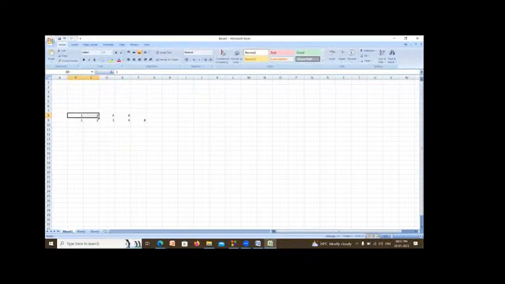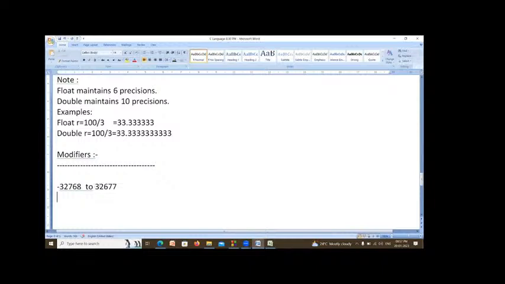In this way, if you write it out, the final value is 32,767, and on the negative side minus 32,768. In between these two only we can store.